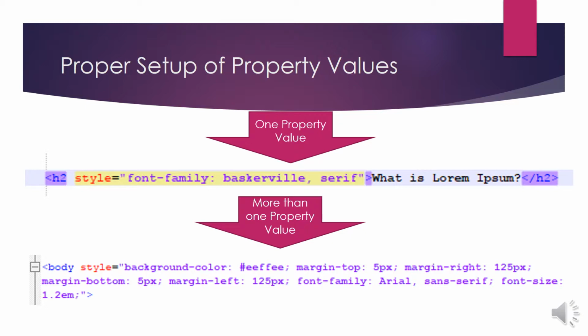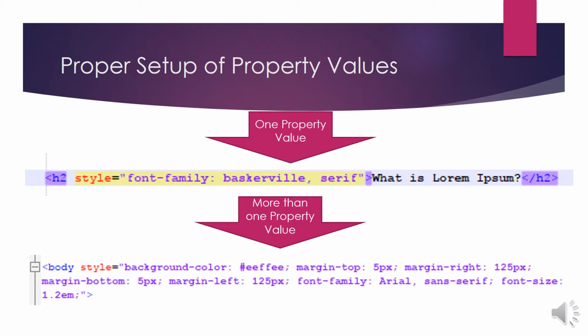So we start with style equals, and then quotation mark, background-color, colon, space, we put in the hexadecimal number, then semicolon, space, margin-top, colon, space, 5 pixels, semicolon, space, margin-right, colon, space, 125 pixels, semicolon, margin-bottom, colon, space, 5px, semicolon, space, margin-left, colon, space, 125px, semicolon, space, font-family, colon, space, Arial, comma, space, sans-serif, semicolon, space, font-size, colon, space, 1.2em, semicolon, and then our ending